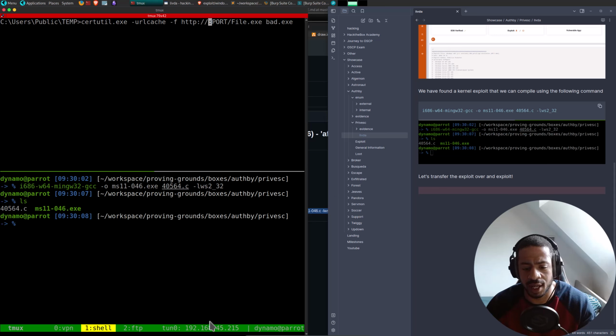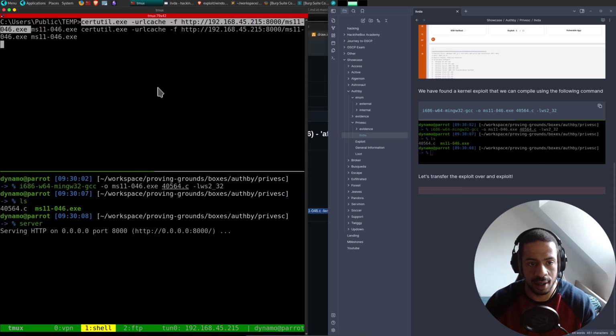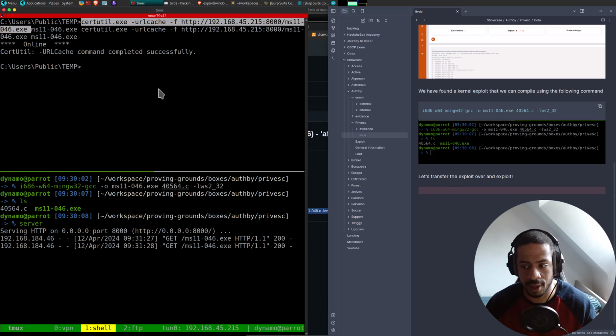We're gonna take our IP, port 8000, and the name of the exploit. Like this and like that. And then here, of course, we're gonna run a server. Like so. And then we're gonna exploit it.